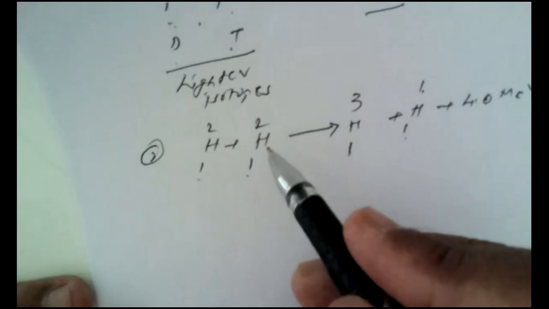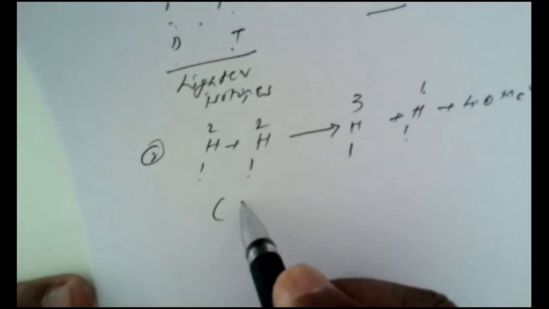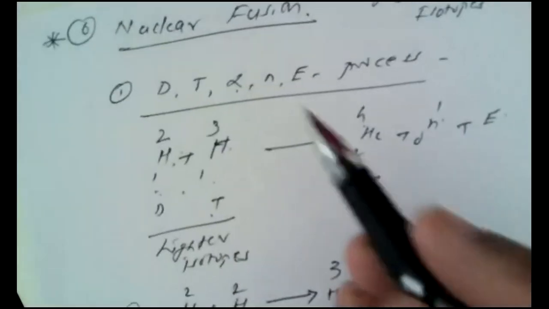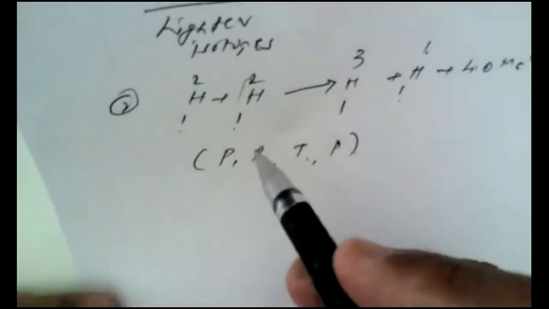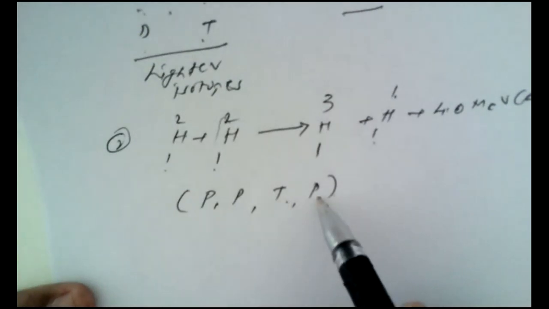So how can we give the notations? The notation for this hydrogen, this proton, is P. For this again P, which gives a tritium T and a proton that is obtained. So P, P, T, P means again this is an example of the nuclear fusion reaction. That is two protons, and these are the products that are ejected, and these are the ejectiles.